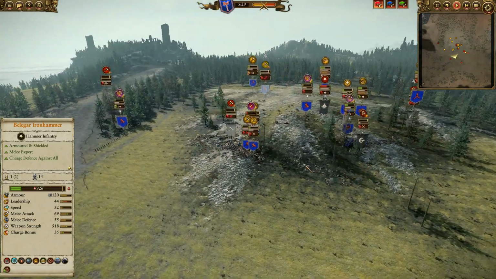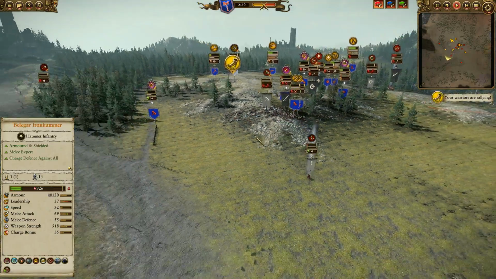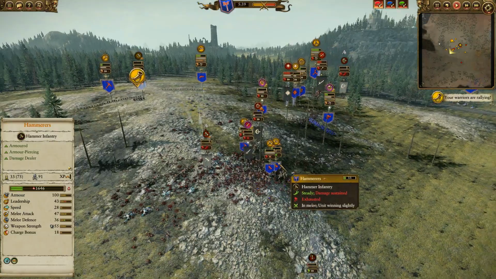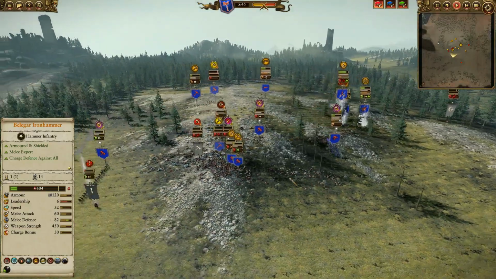That's just fine. Meanwhile, over here, the Chosen with great weapons have been routed. Only 7 units left, 558 health. They are going to go. This has been a big victory for the Dwarfs. Even with the Chariots coming through, Sigvald coming through, everyone coming through, the Dwarfs have been able to win